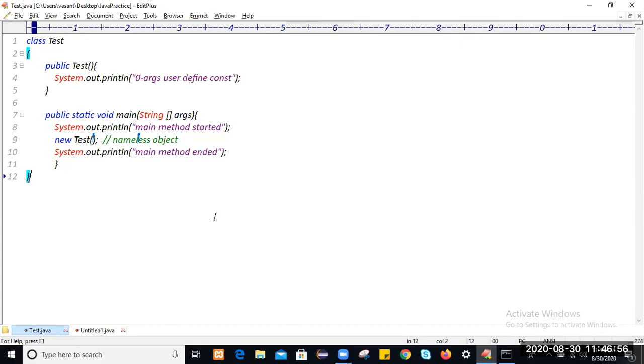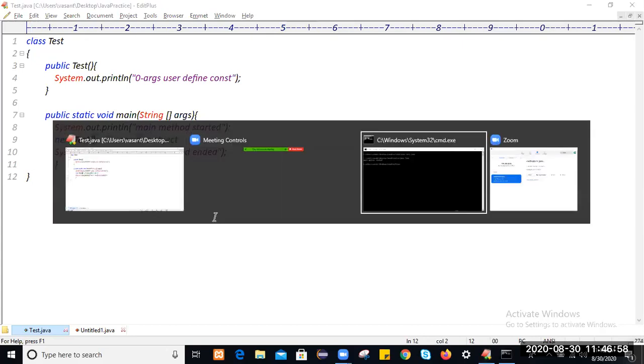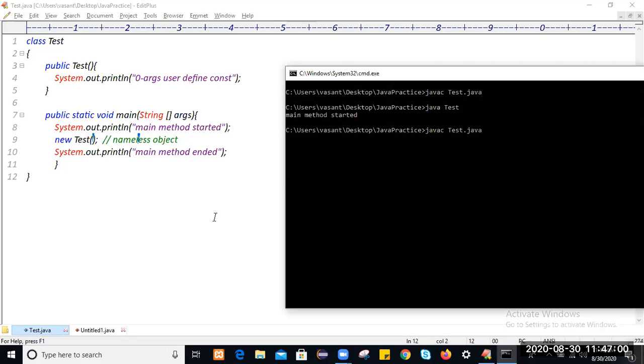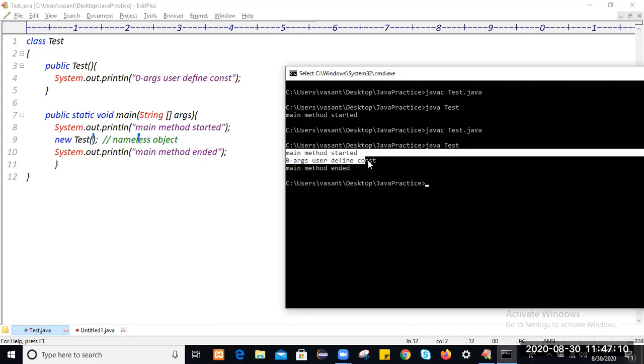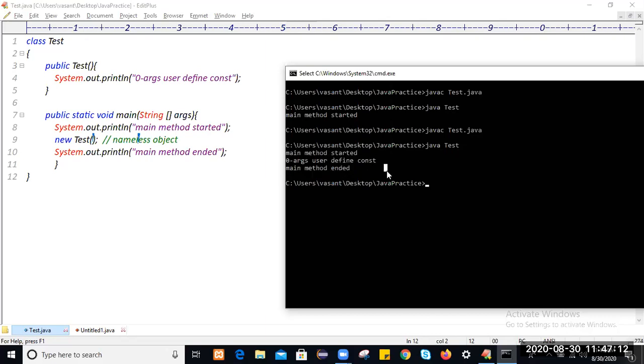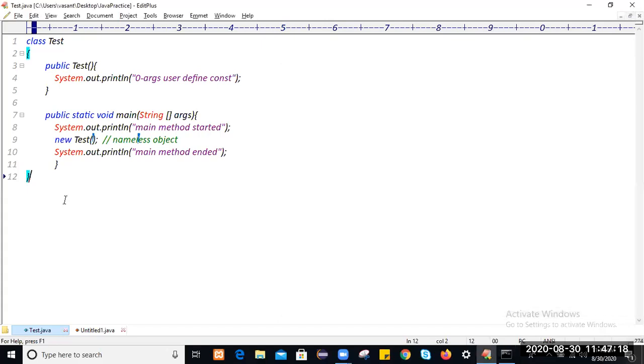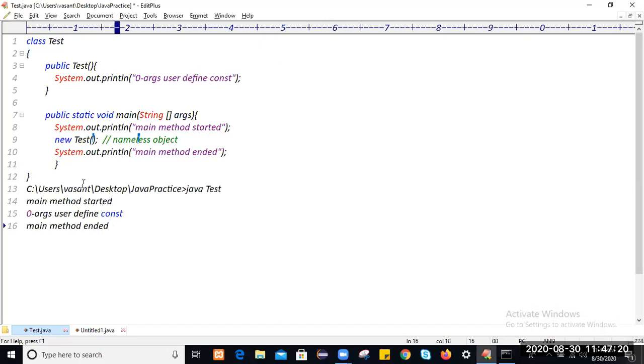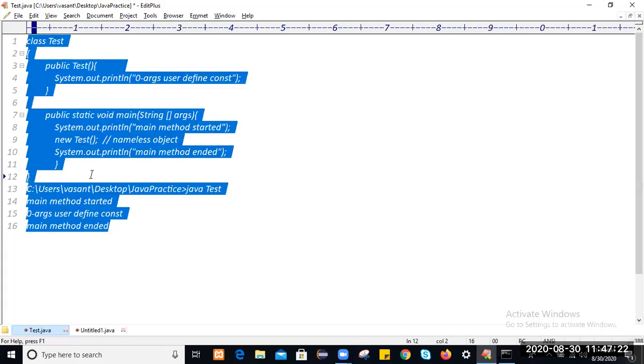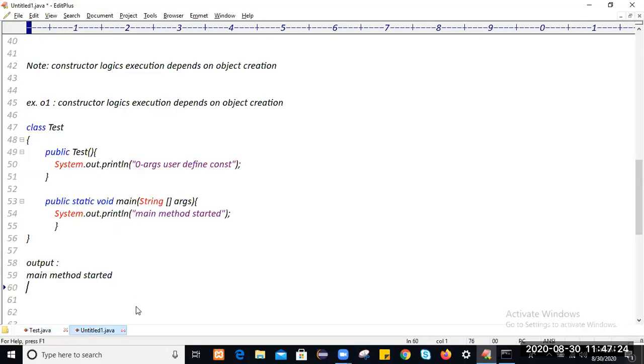Let me compile it and run it. You see, "Main method started", the zero args constructor, and "Main method ended". This is the output you are getting. Are you clear with this example?